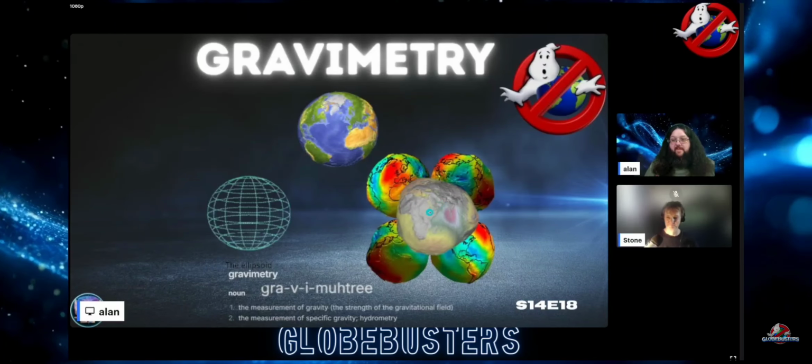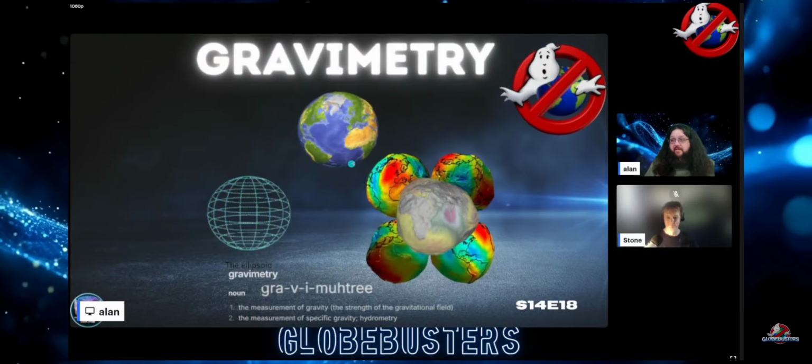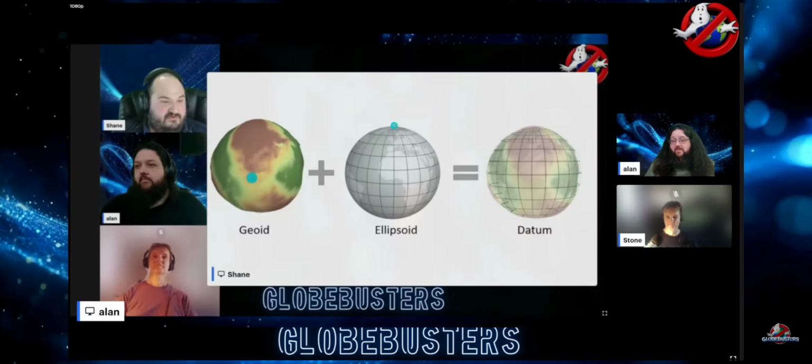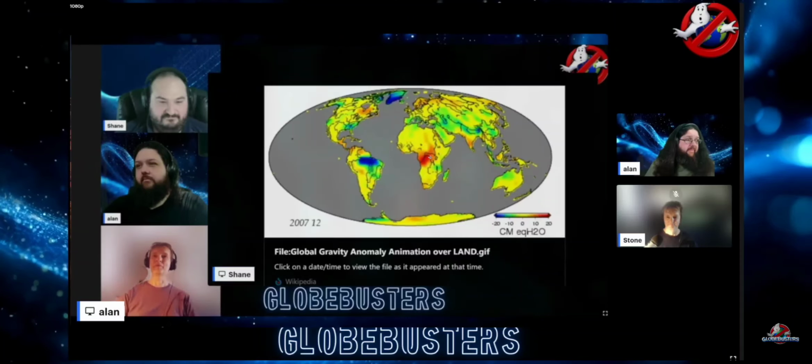So in episode 18, we got into gravimetry. Shane went over the measurements and how, without a coordinate system to relate them to, they don't prove anything. A lot of people say that there are latitude-dependent variations of gravity that are measured. So little g. They have different instruments to make these measurements. But what we found is that they take the measurement and then fit it to the coordinate system rather than having actual latitude-dependent measurements. And the scale at which these amounts fluctuate is extremely small. I think it was 300 thousandths of a Gauss or something like that.